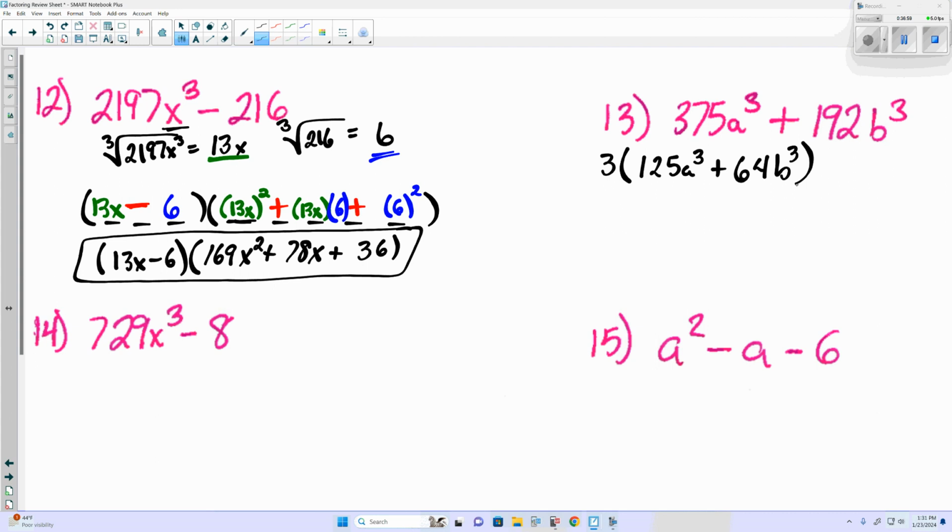So that leaves us with 3 times 125a cubed plus 64b cubed. Now we can look for another greatest common factor, but actually there's not one. 125 and 64 do not have any other greatest common factors. And we can